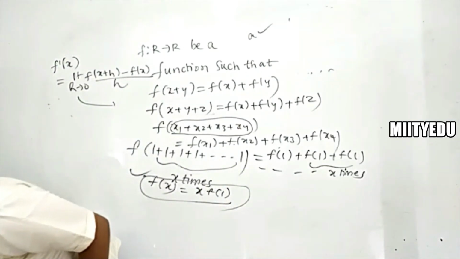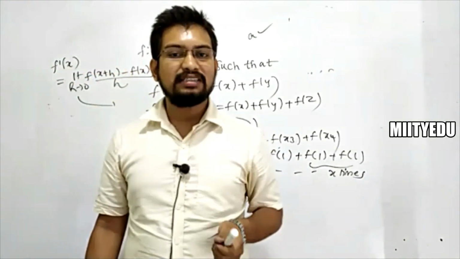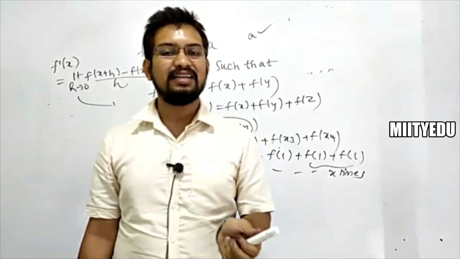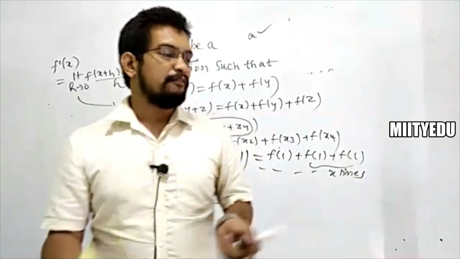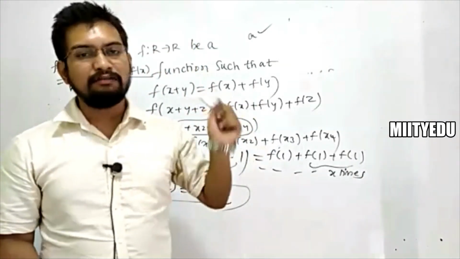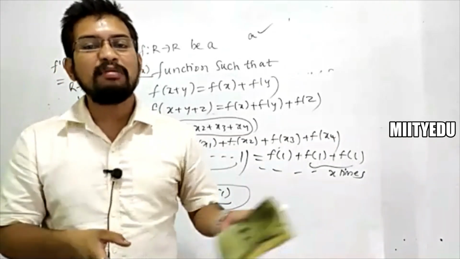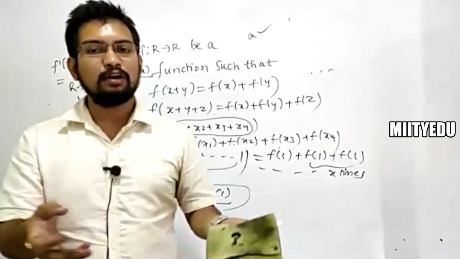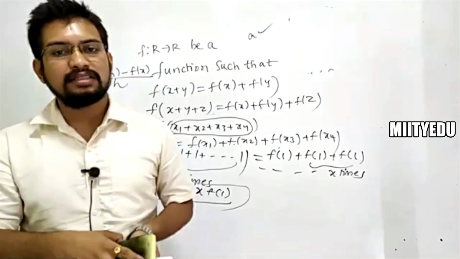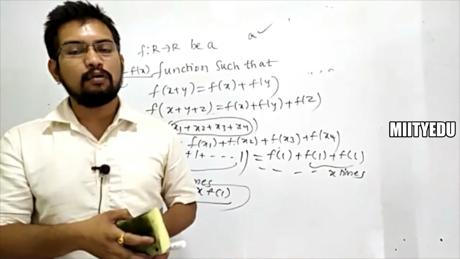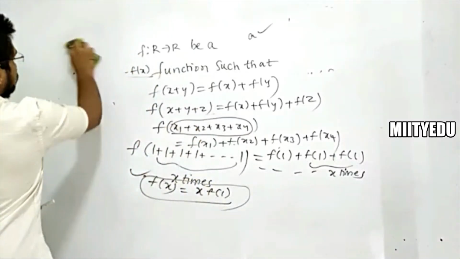Sir, someone has asked, how can you take f dash 0 as constant? f dash 0 is a value. If a function is fixed, Ganesh, that value will also be fixed. Let's say there is some arbitrary value for which you may get a number of solutions. If I take one particular solution, that value of f dash 0 will be fixed again. That is how we take it. Where the function is fixed, if I substitute a value present in the domain, that value will be fixed. Concept of functions. Okay, this is clear.